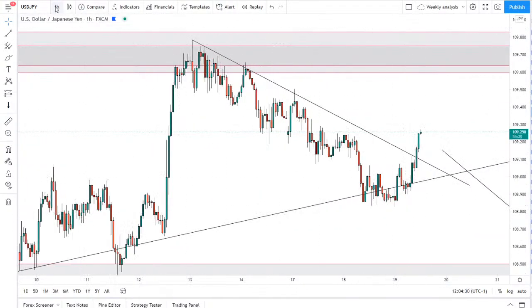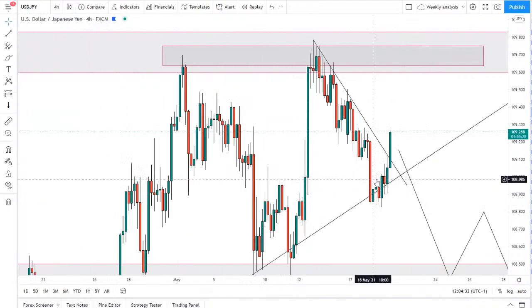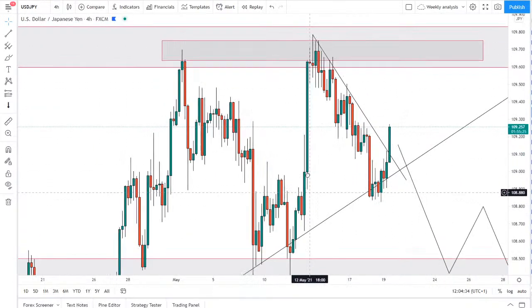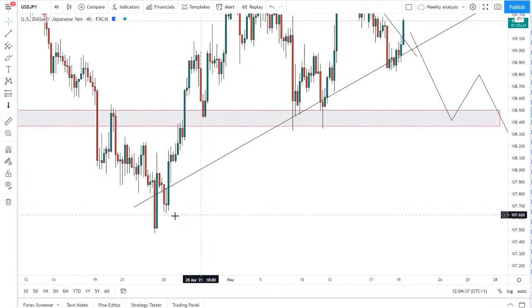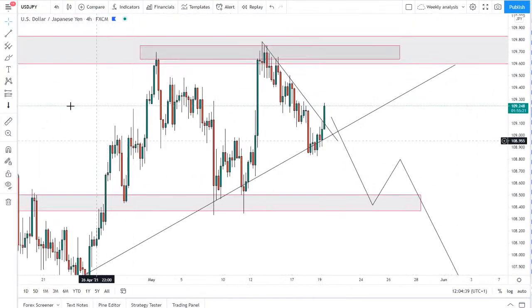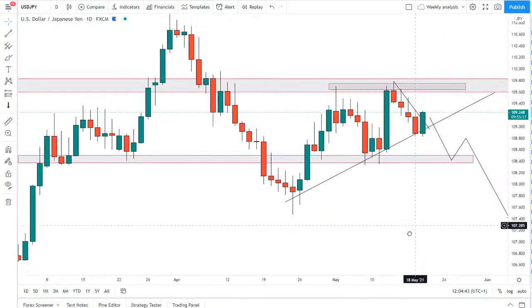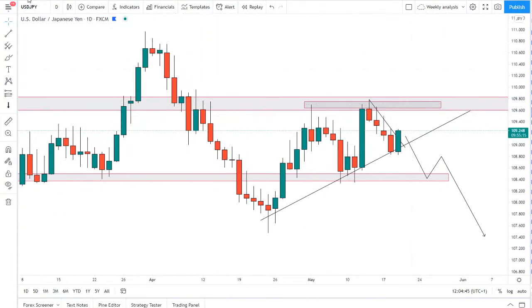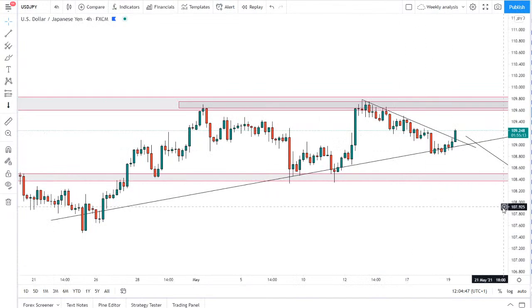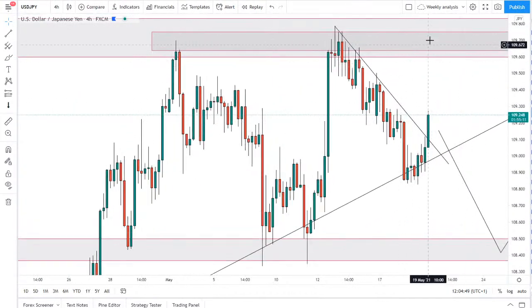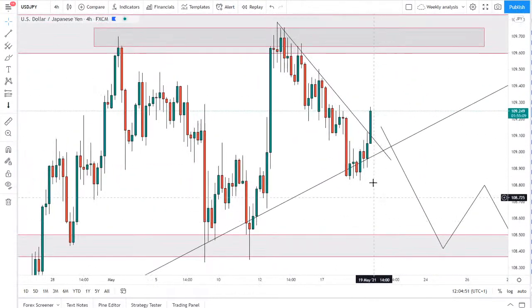USDJPY is having a bit of a push to the upside. We broke through that trend line there in the market, so again expecting to see a push back into this resistance here potentially. I've got this daily trend line here as well, which the market is respecting. If I go on the daily, you can see using those bodies there, price action still pushing to the upside, so you could see maybe one more push back into that resistance and then potentially another opportunity to look to short the pair as well,